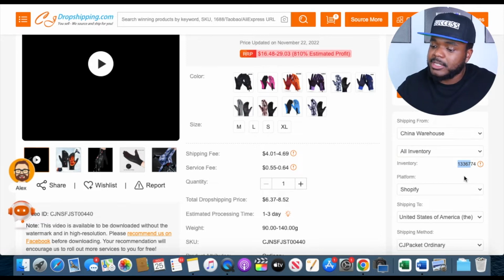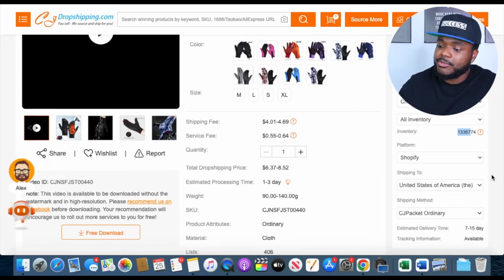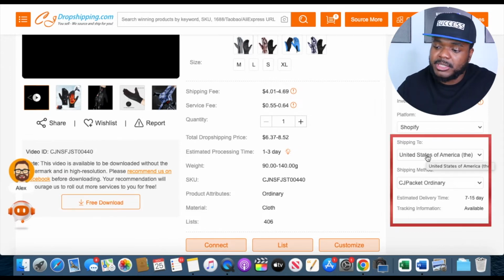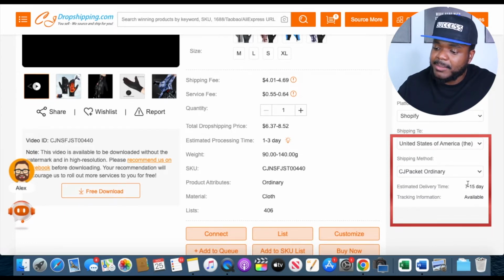The next most important thing is you want to check the delivery time. So if we scroll down over here, what you're going to need to do first is select the location that you're going to be shipping it to. So for example, if you're going to be shipping it to the United States, what you need to do is take a look at the estimated delivery time, and it's going to take between 7 to 15 days, which isn't